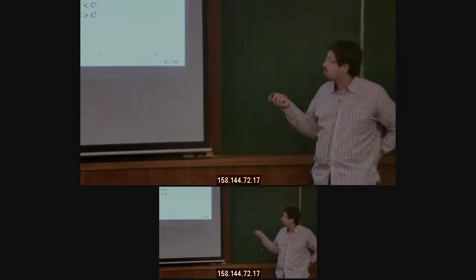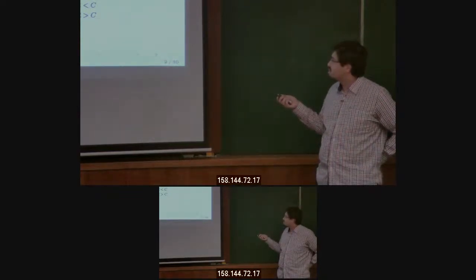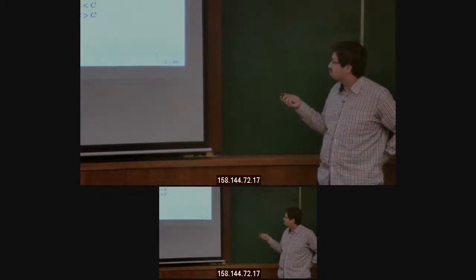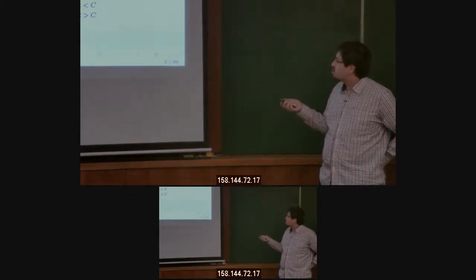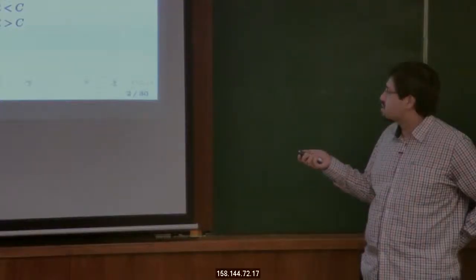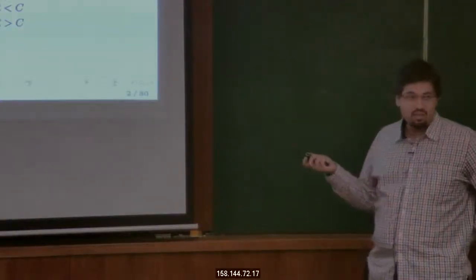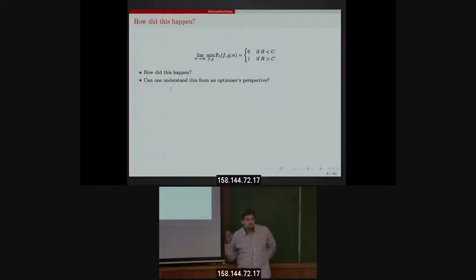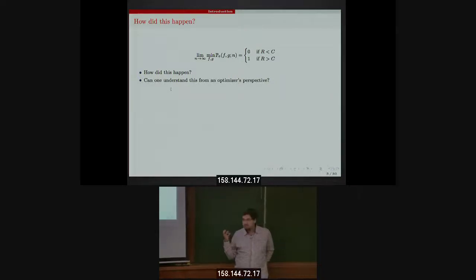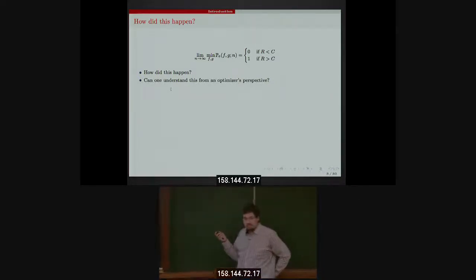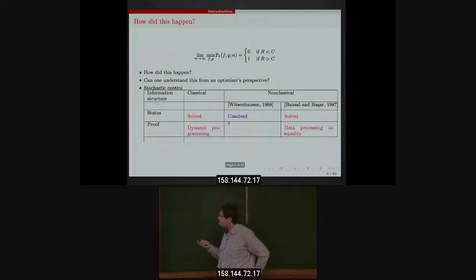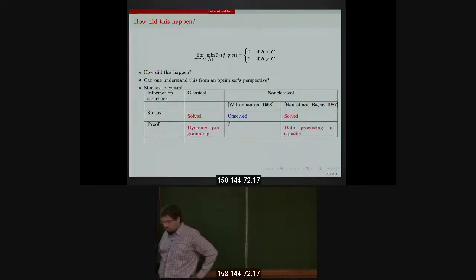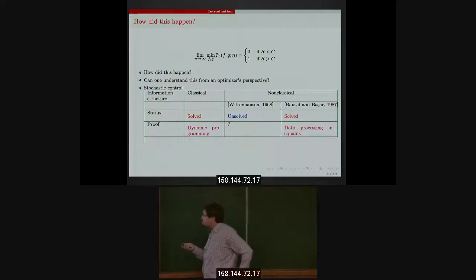All you need to do is pre-compute this number c, which is an explicit function of the channel kernel, and it turns out all you need to check is whether this rate is less than c or greater than c, and you know what that limit is. And how does this happen? I'm sure everyone has at some point wondered why this happens, and whether one can explain or understand this from an optimizer's perspective. This is what I wanted, and I got to this through a somewhat nonlinear journey, which started from